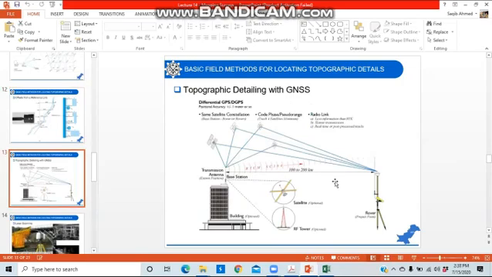And then there is GNSS, I think that is Global Navigational Satellite System. So this is another method, which is an aerial method. You can also locate the details of